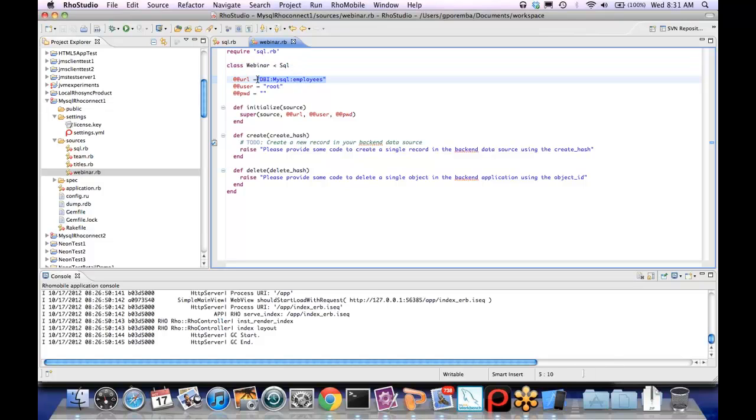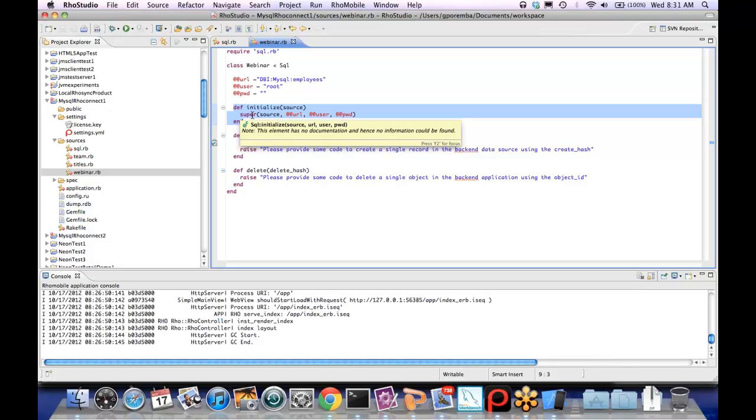Again, this is going to be consistent for all of the classes that inherit from this, and this also gives us a nice central point. If I wanted to change which database I was connecting to, all I would need to do is change the URL and my user authentication information. So you can see that in the constructor here,